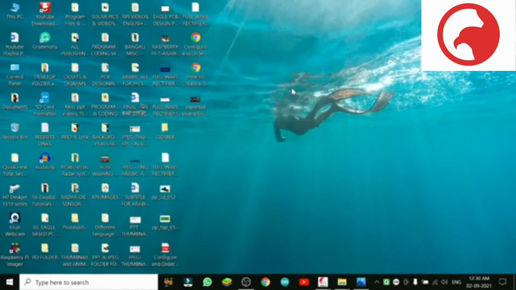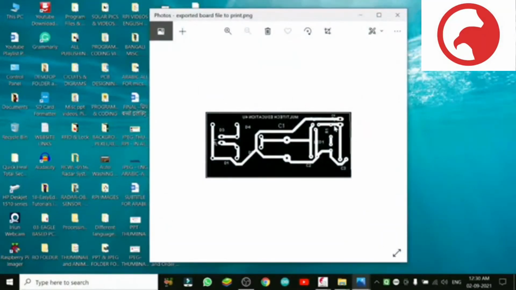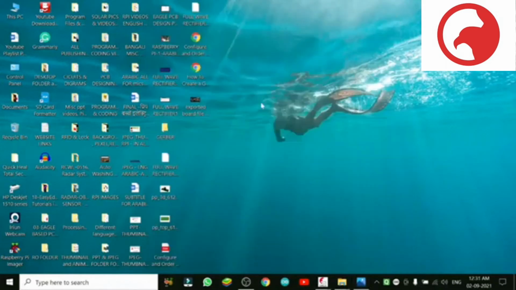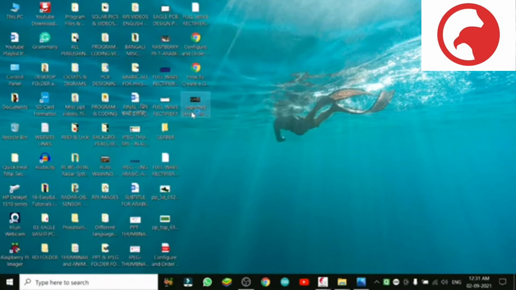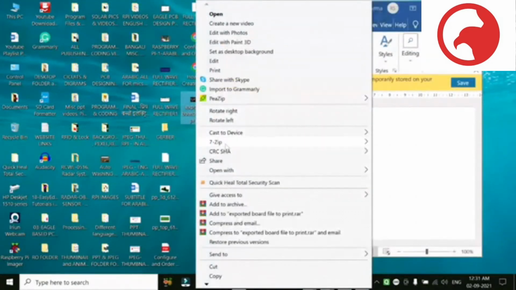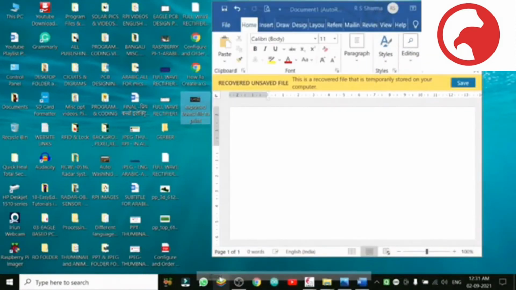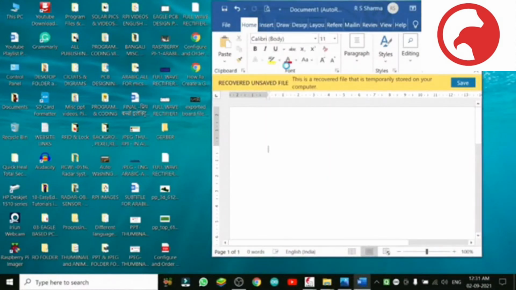We'll see it. You see here it has come, and this is what we need if you want to make it at home with ferric chloride or HCl. You can make it with this. Come into the office, just copy paste it. The same size will come in the Microsoft Office Word file, just paste it.